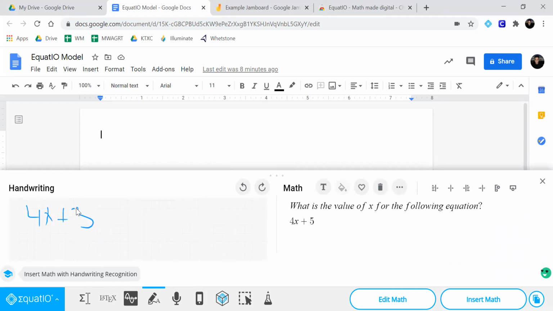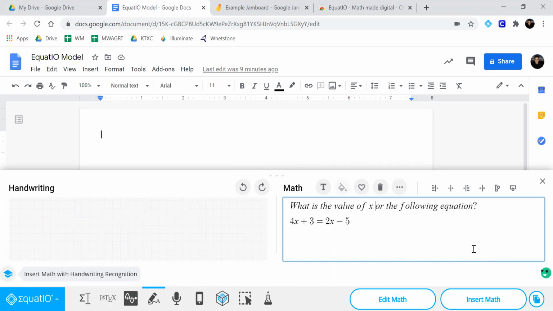Oh, notice how it didn't recognize my number. So plus 3. I'm going to go ahead and undo that. Plus 3 equals 2x minus 5. And as you can see over here on the right side,